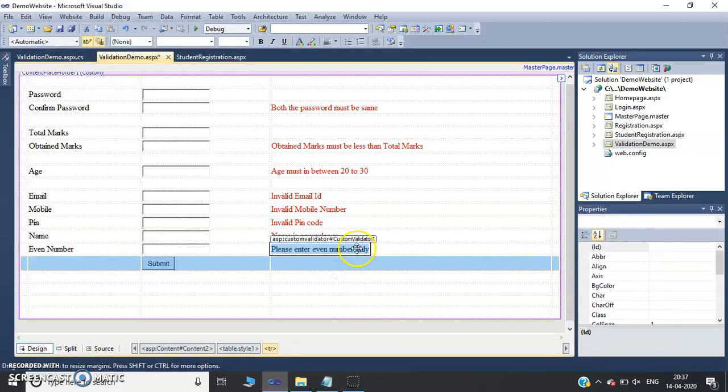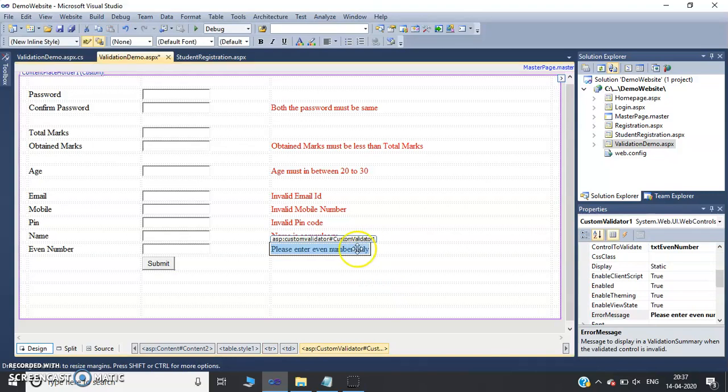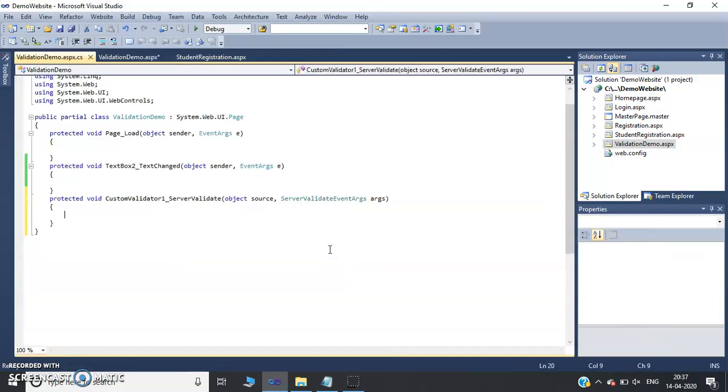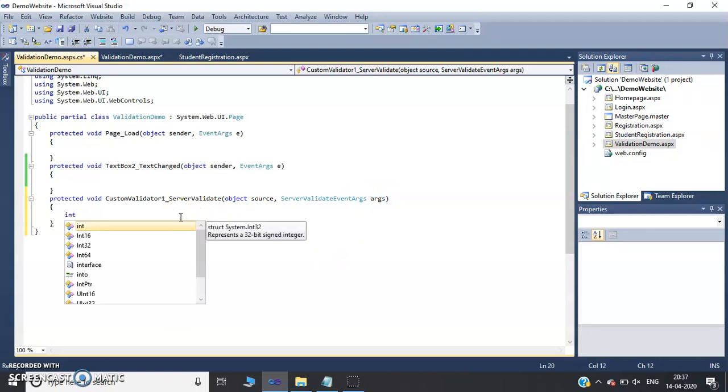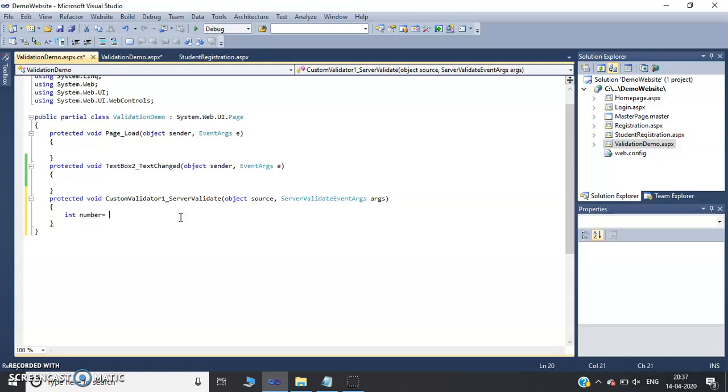So just double click on this validator, and event will be generated. That event is nothing but custom validator server validate. So whatever you enter in the text box will be considered as argument for this event. So first I will declare a variable, int number.